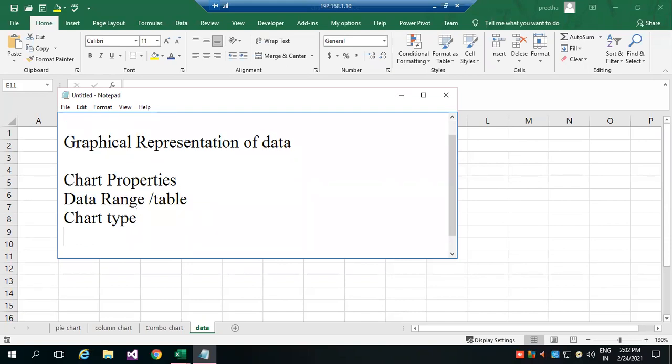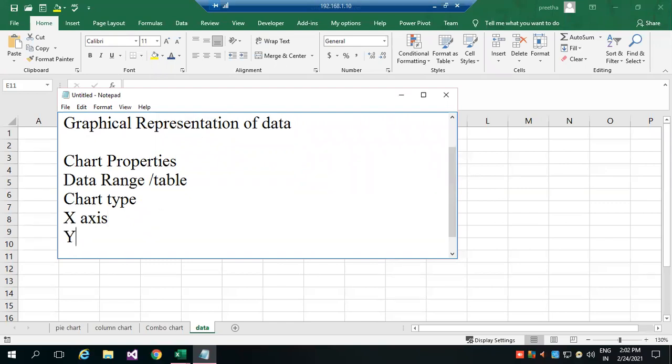Then when you are representing the chart, what should be on the x-axis? I want to mention the x-axis range. Similarly, the y-axis range.